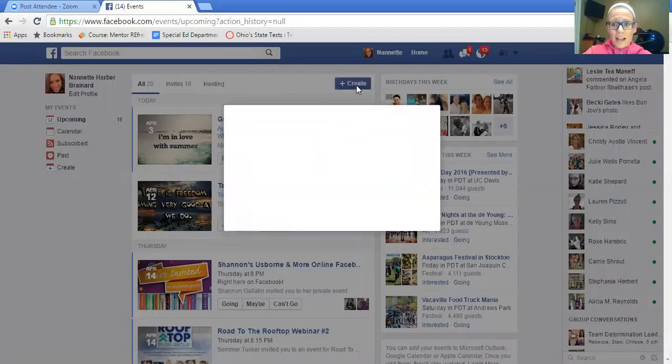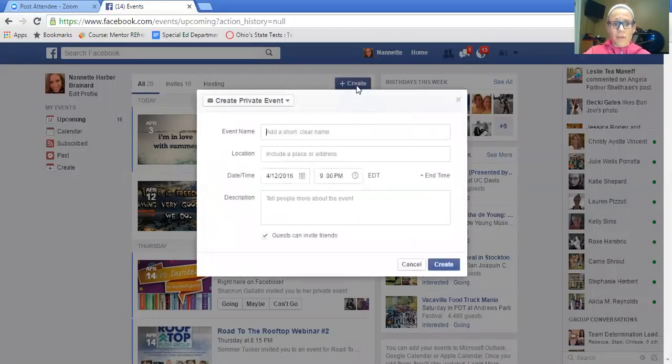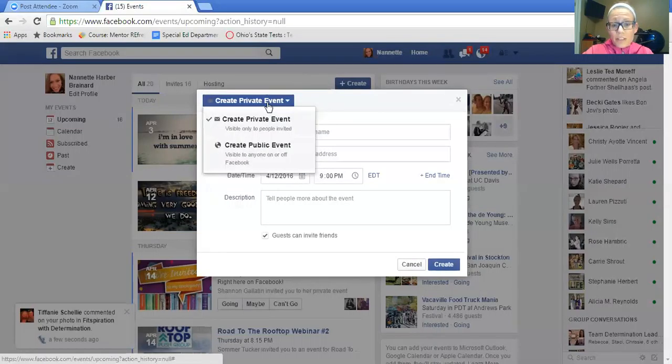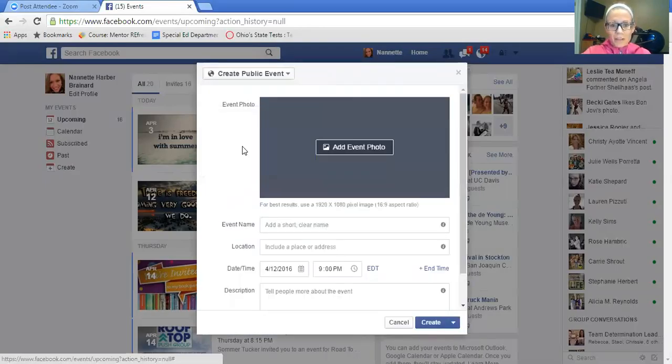If you haven't yet, you definitely want to keep your profile public. I highly encourage you to do that as a great way to reach out to people. Then you want to change this right away. If you keep it as a private event, you will have to recreate your event to make it public, because once you make it private, you can't switch it back. I know it's kind of a bummer, so just remember to do it right away. Create public event,